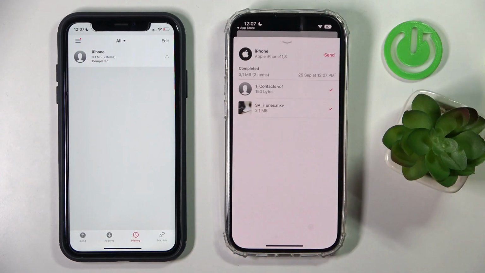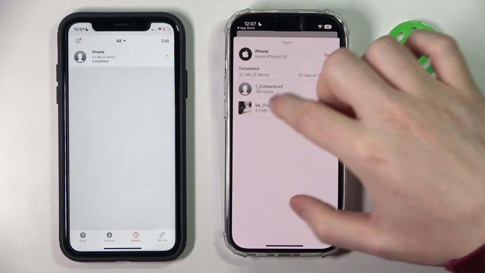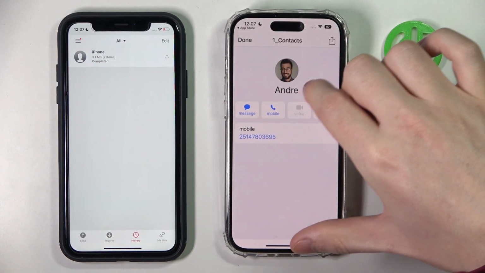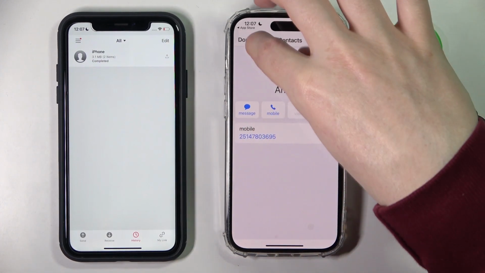And now we should receive all of the files. Here we can view this video or add the contact to our mobile list. And that's it for this